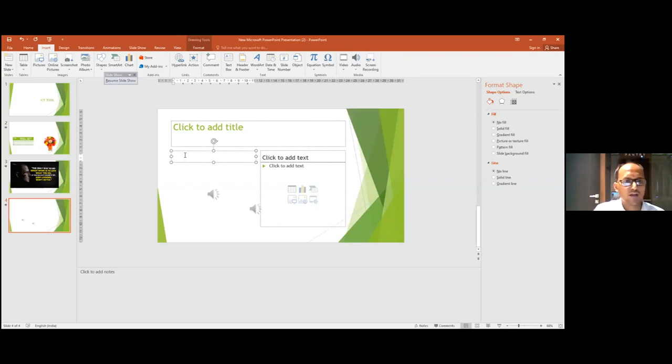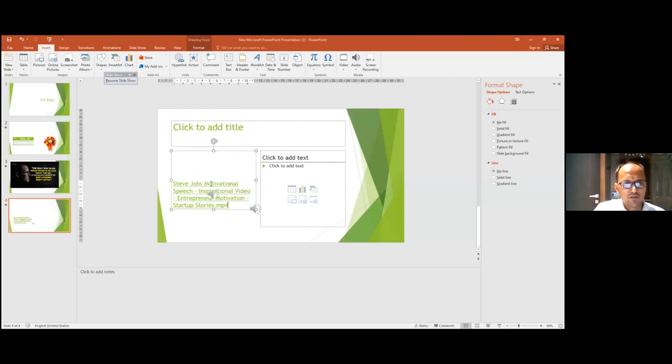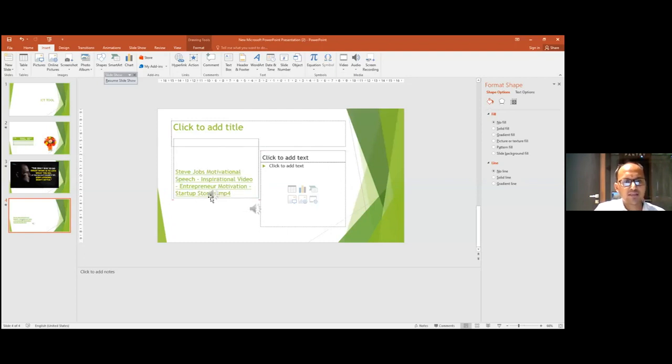So in that case, what you can do is go into the text box. Here in the text box, you have to go into the insert tab, and from the insert, go for hyperlink. In the hyperlink, you can connect an existing video which is present on your computer. For example, when I go for hyperlink, I will choose the video from my computer like this, and I will say OK. Once you have done this, the hyperlink is there.